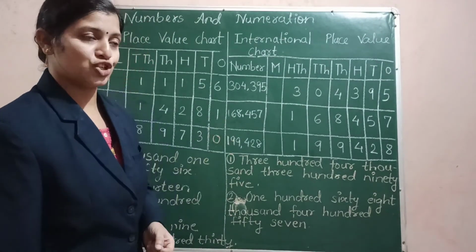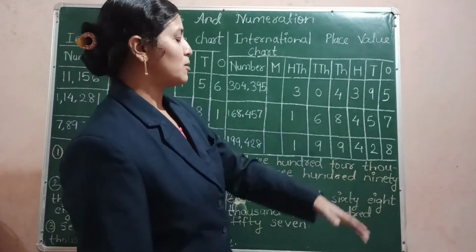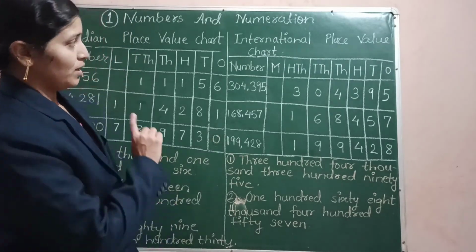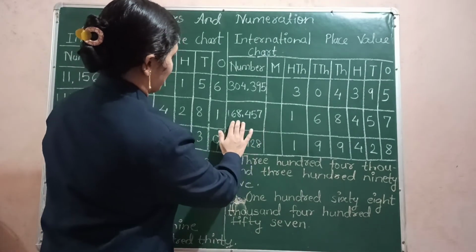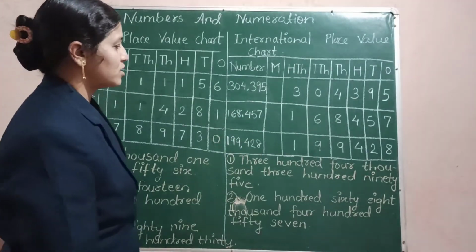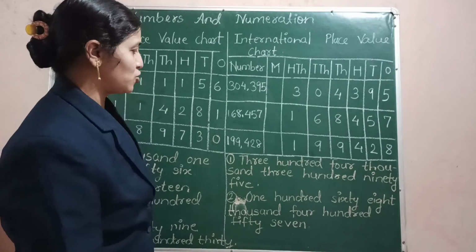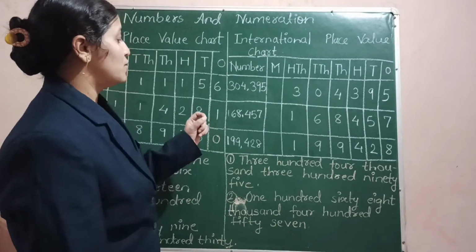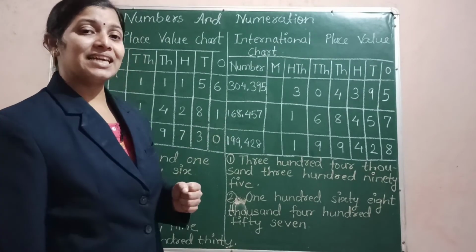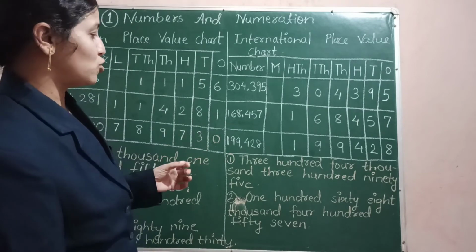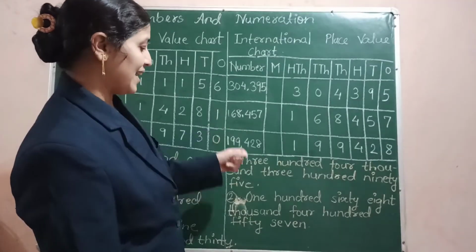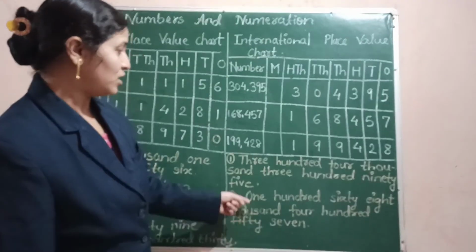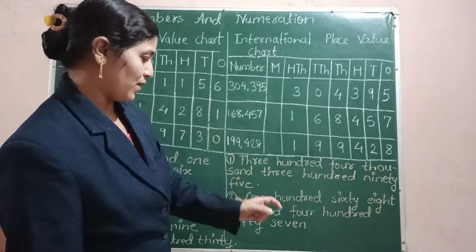So also you can see the next number. This is also a 6-digit number, and it is placed according to its place value, and also a comma is put by giving them space. A space is given here for the comma, and the 2 periods are separated. So we will read this like 168,000. We know that 168, these 3 digits come in the thousands period. So we read it 168,000. You can see here 168,457.